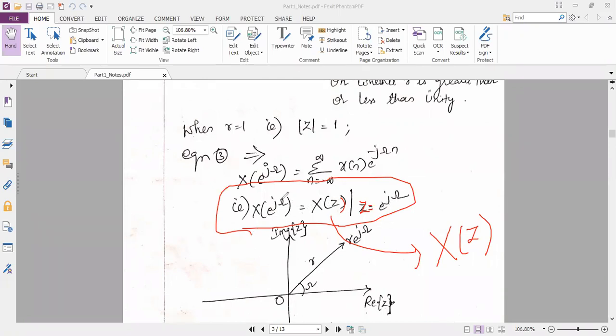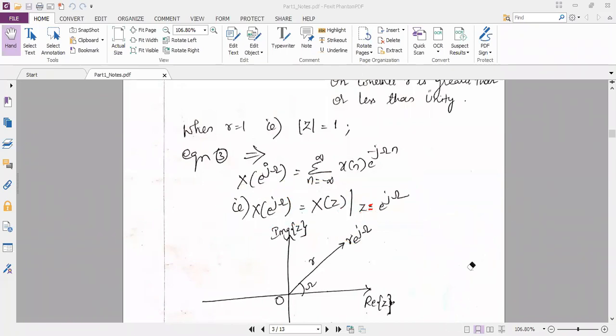So what is the condition I have written? See, the left hand side is DTFT. DTFT is equal to the Z transform when z is equal to e power j omega. That means after finding x of z, if I want to convert this into DTFT, what do I have to substitute in x of z? In place of z, we have e power j omega. Okay, fine, very good. So this is the relation.